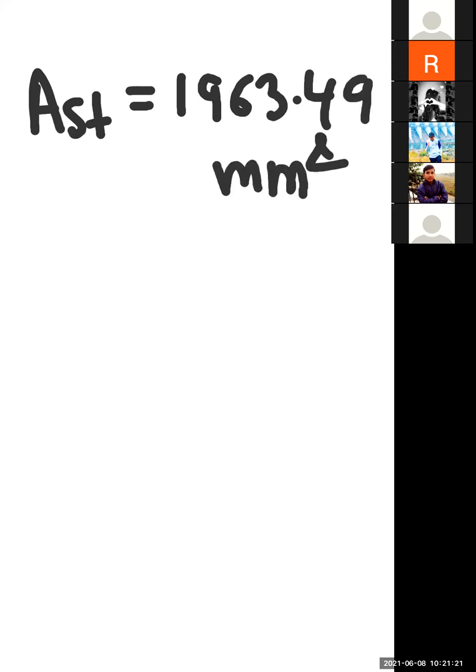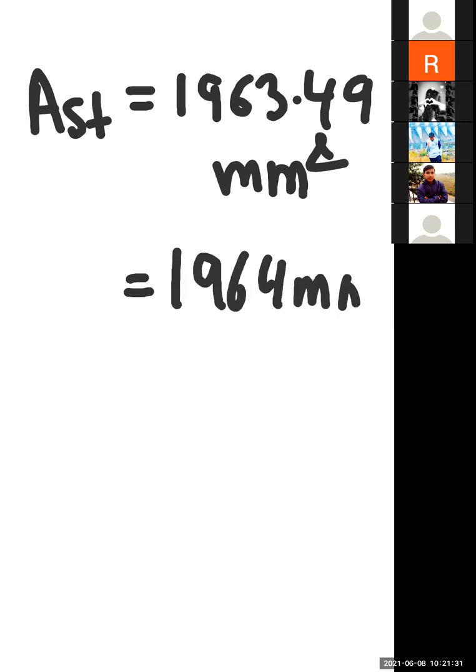Yes, ma'am. When modular ratio is 11 and area of steel is around 1964 mm square, right? And the second part of the question is, in the above case,